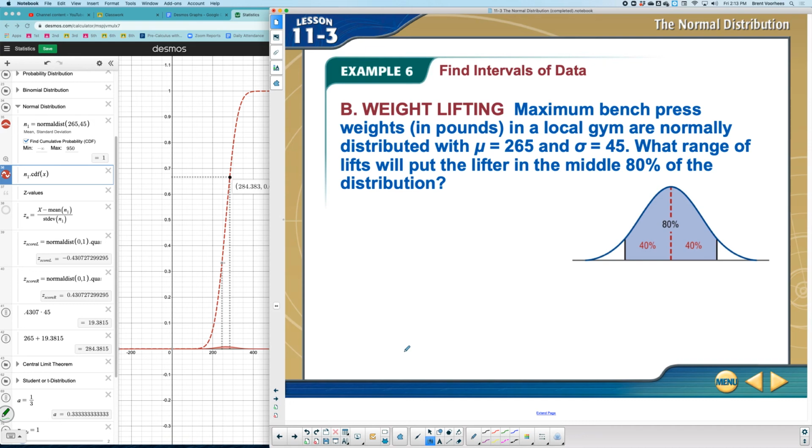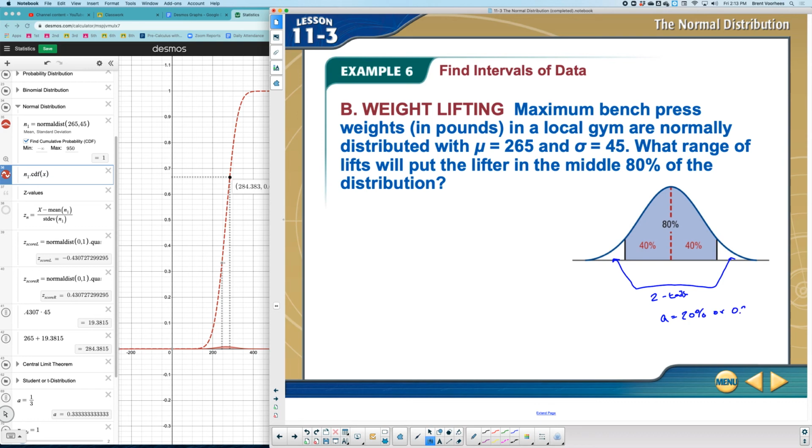Maximum bench press weights in pounds in a local gym. Okay, same information. It says, what range of lifts will put the lifter in the middle 80% of the distribution? So looking at this graph, there are two tails. It doesn't matter if they're included or if they're the part that's not included. It doesn't matter. But we say there's two tails. Two tails. Okay, and so the A value is the area on the outside, which would be 20%